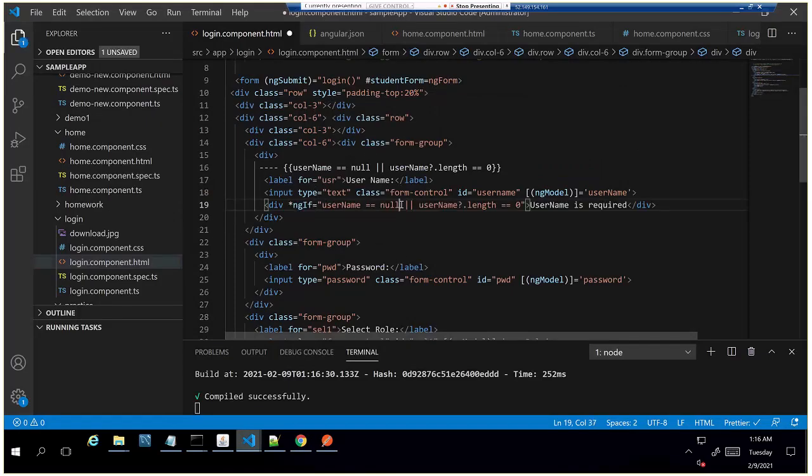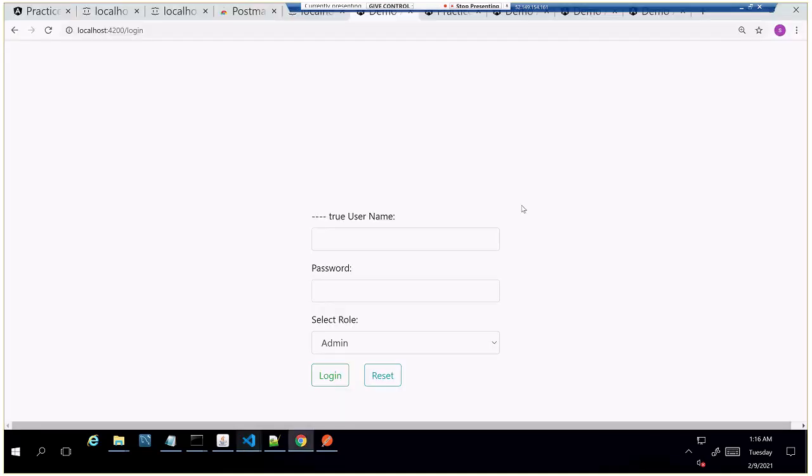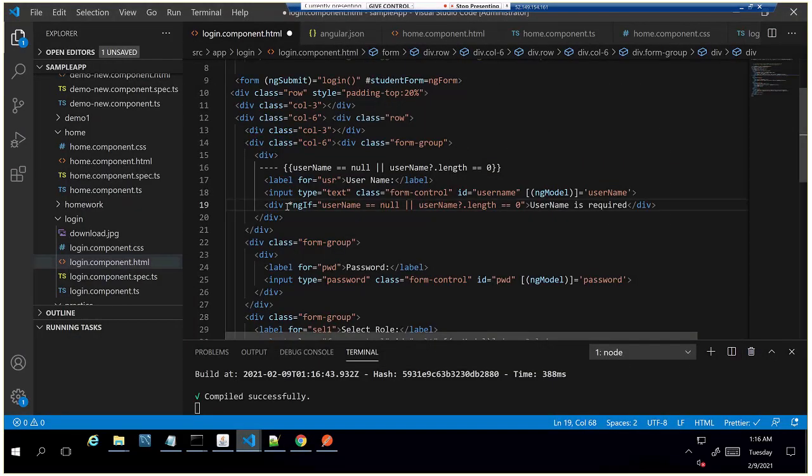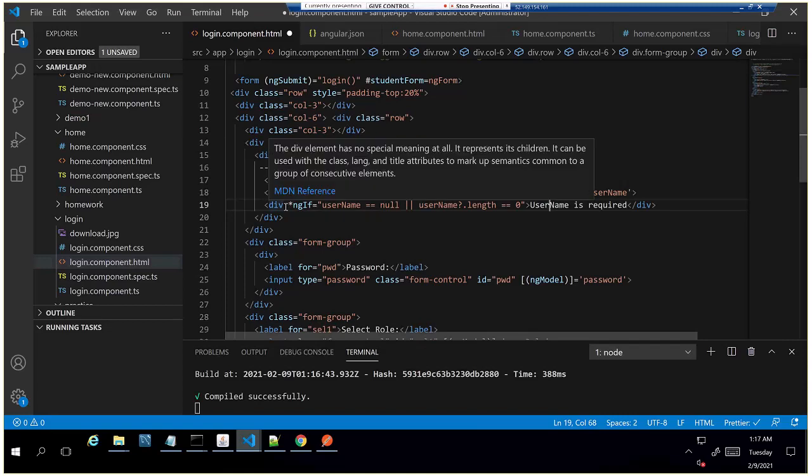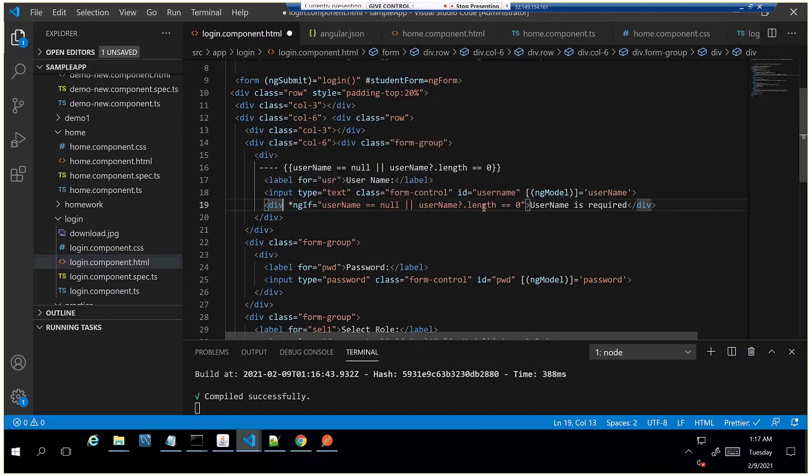Now, if either one of these two conditions is satisfied, then only it should display that message. It is satisfying this condition, but somehow it is not. But when you did the ng submit, it worked. You remember? Yes, with ng submit it will work because maybe this condition is true.